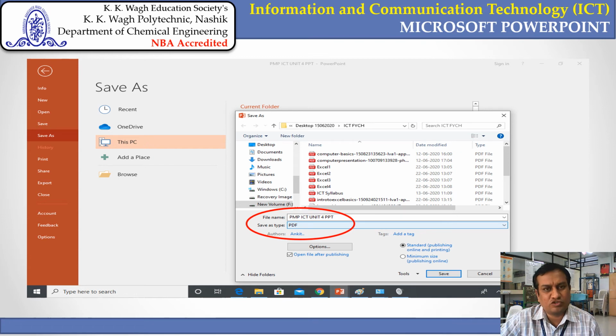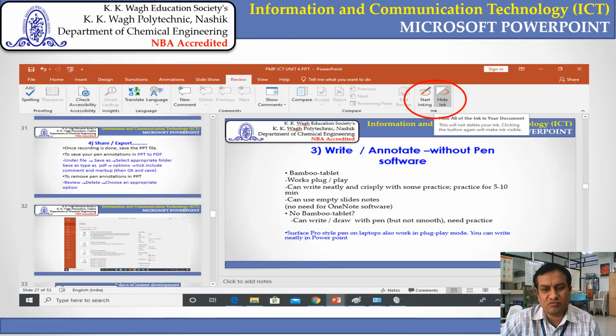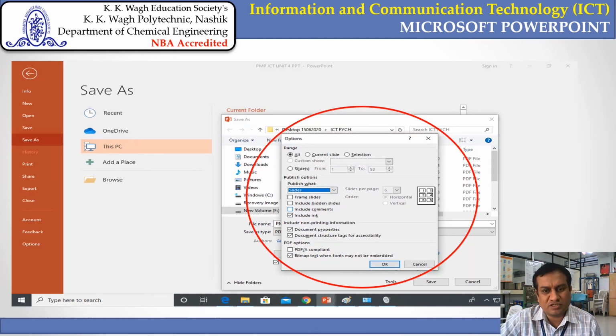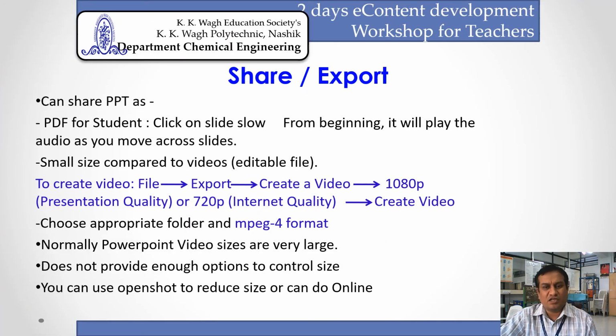Then for PDF, you have to choose that PDF option instead of PPT now. And this is the part where you can hide the ink. It means you are going to remove those annotations. If you don't want to hide that, then in normal cases that ink is shown. So you can choose your option. Even these are the different options under this save as file, that is under the options itself. So including the comments or without comments, these options are also available before saving that PDF. And after saving that, if you want to convert this PPT into video, then you